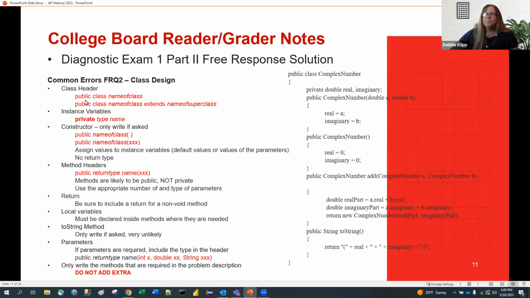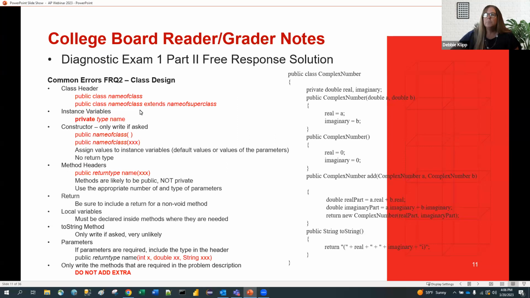It's very simple. When you do a class header, make sure you make the class public, use the keyword class, and then the name of the class. This particular class, they wanted us to call it ComplexNumber, so make sure you call it ComplexNumber. That doesn't mean you're going to get penalized if you use lowercase or uppercase letters in the wrong positions. The readers will disregard that, but do your best to do it the way that it was written in the design. So say public class, the name of the class,